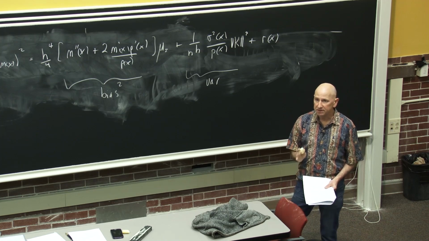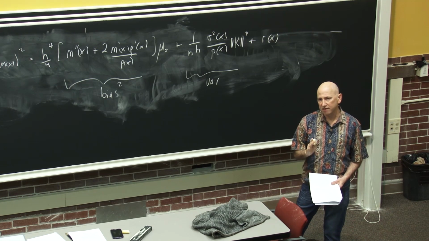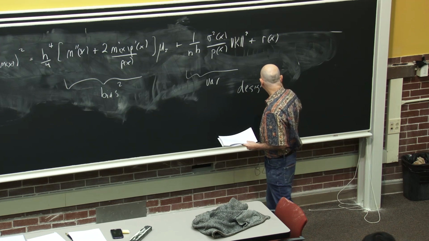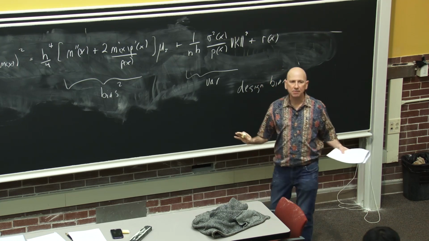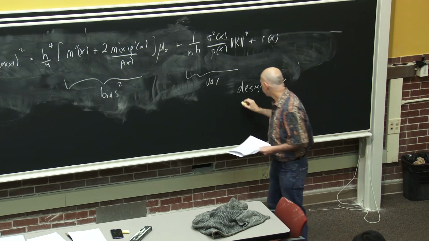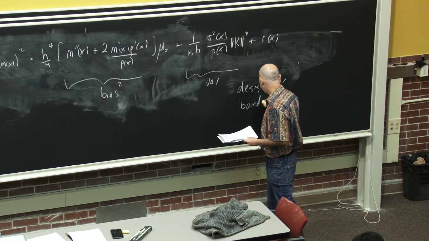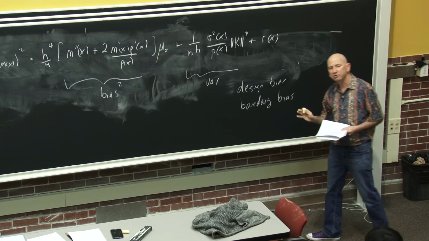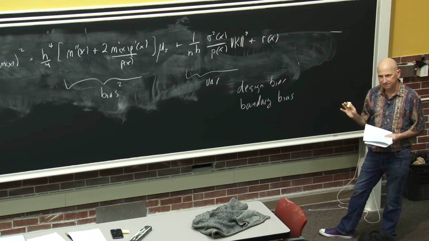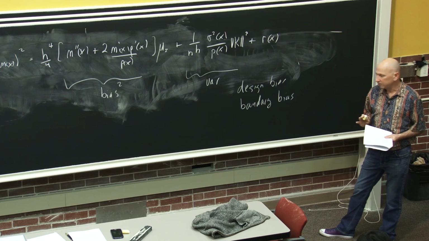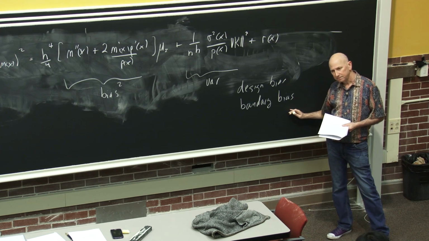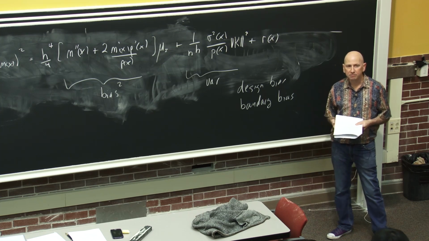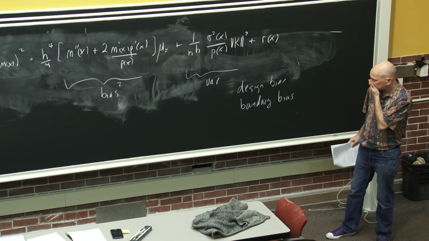So many, many types of non-parametric regression suffer from these two things. Design bias, which means how the x's are distributed is somehow having a profound effect on the bias, and boundary bias. And by the way, in high dimensions, you get more and more data near the boundaries. That's one of those counterintuitive things about high dimensions, that there's a lot of data near the boundaries. So this becomes worse in high dimensions. Okay? And we're going to prove this on Thursday, or at least outline the proof of where this comes from.